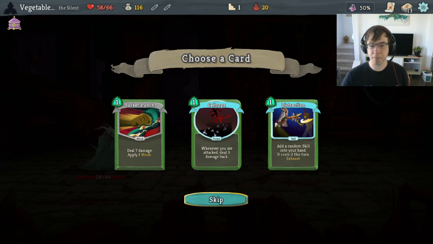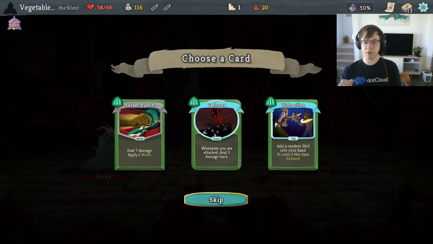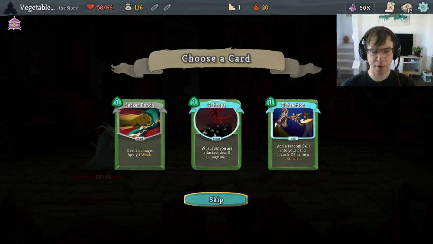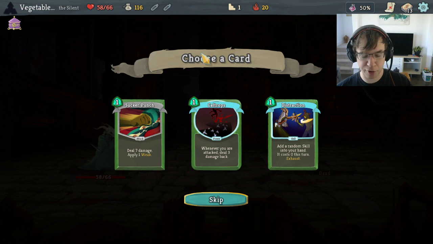I actually didn't look at who the boss was. That's irresponsible, man. It's Guardian. We need a way to block Guardian. That's our biggest problem right now. I think we're fine against all the elites. Blocking Guardian. Not obvious how we do that. But none of these cards really help. Sucker Punch kind of blocks. Weak is pretty effective against Guardian too. Got a big multi-attack you can ram down. But I think we'll just skip